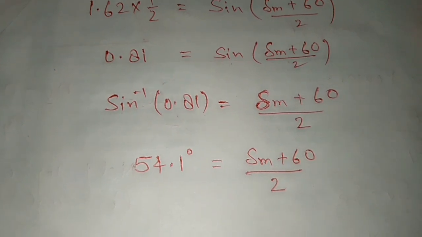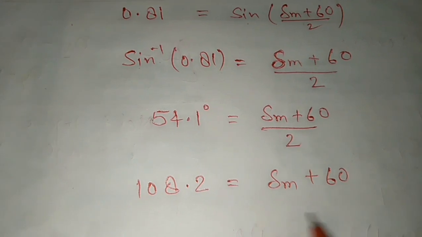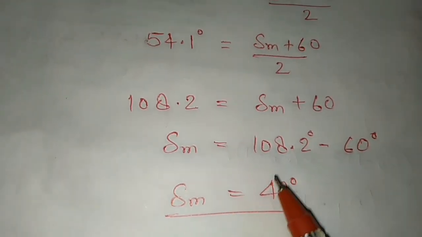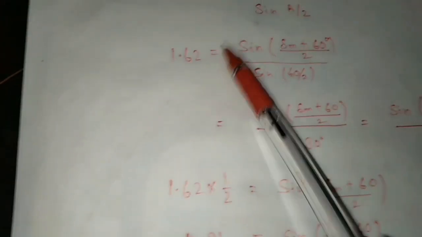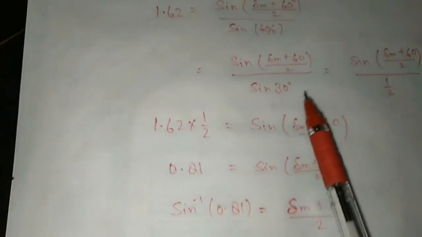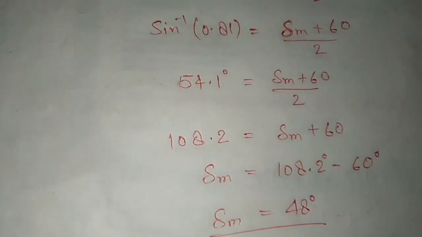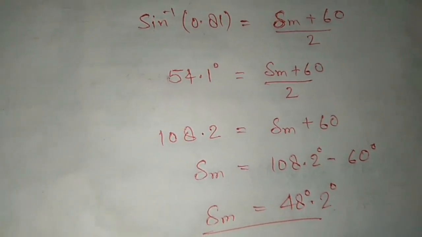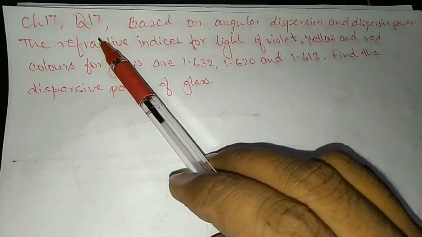Let's use it here. Cross multiply now. So let's calculate delta m now. On further solving, the minimum deviation comes to 48 degree. So it is the same process, only put the values and keep doing, but don't split because this is an angle. Keep doing and you will finally get the value 48 degree. Sorry, not 48, 48.2 degree.